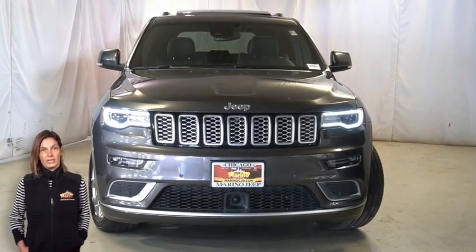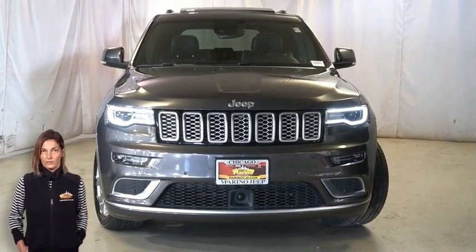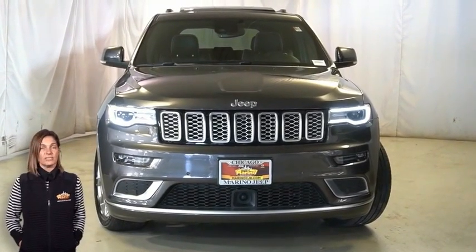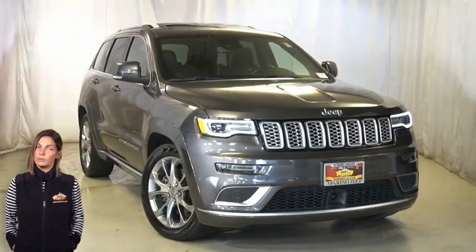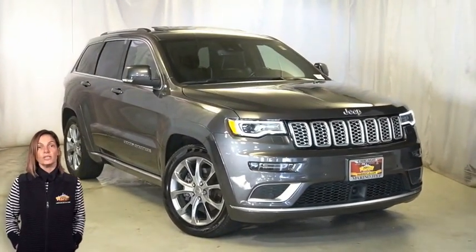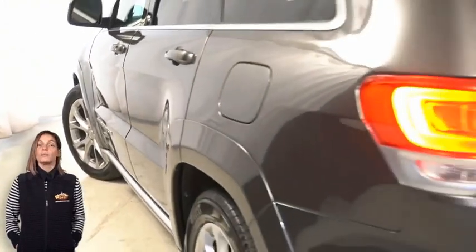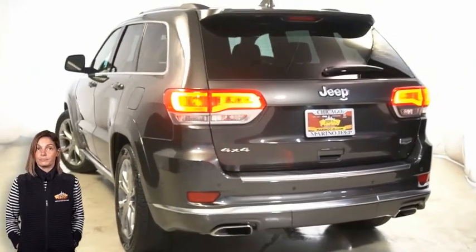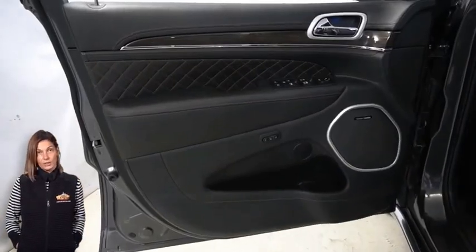Looking for a highly equipped SUV with all the right options and reliability? We'll take a look at this certified pre-owned 2020 Jeep Grand Cherokee Summit in granite crystal metallic. With bi-xenon HID headlamps, premium fog lamps, 20-inch platinum aluminum wheels, power heated mirrors, platinum daylight opening moldings, platinum strip tail lamp, heated and ventilated front seats, heated steering wheel, 29,000 miles on the odometer,